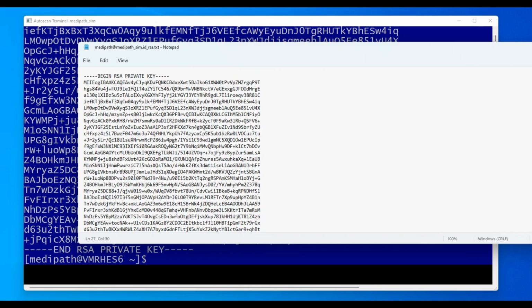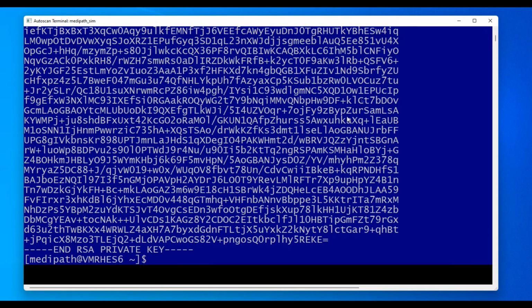Now, right at the moment, the host, even though the key was generated on there, doesn't know that the private key we just copied onto our computer is allowed to log in. So it doesn't know that the private key we just copied onto the Windows computer is allowed to authorize a login. So we have to tell the host that that private key is allowed to be used to log in